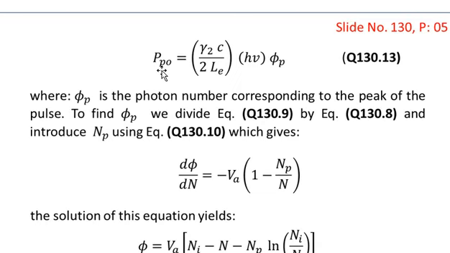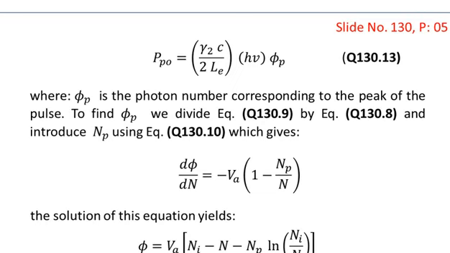So this is the peak output power from the laser beam, and gamma 2, as you know, is the loss due to the output mirror. The rest of the quantities have been defined, and this is the formula we have also used many times in previous slides, where phi p is the photon number corresponding to the peak of the pulse. To find phi p, we divide equation number 9 by equation number 8 and introduce Np using equation number 10, which gives